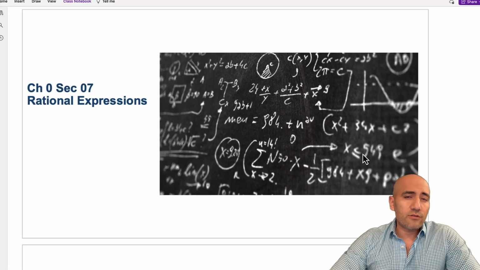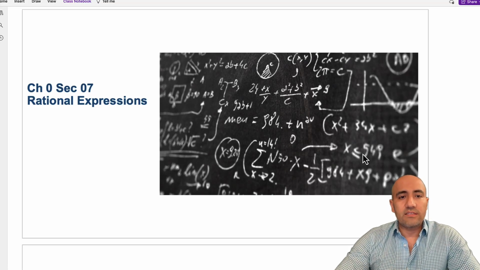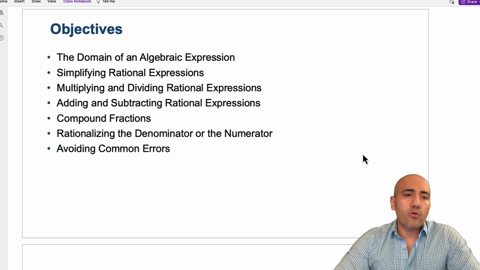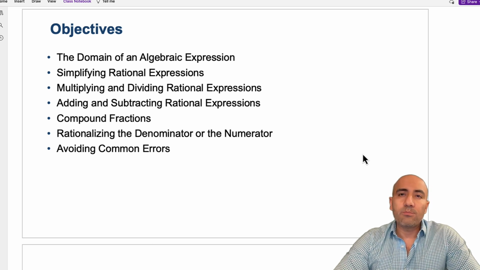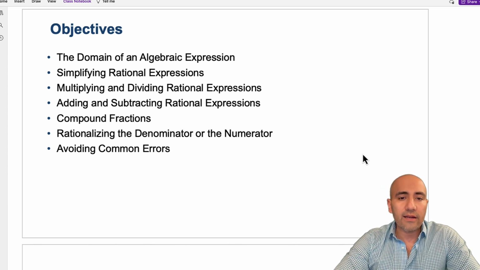Okay, Chapter 0, Section 7, Rational Expressions. In this section, we're going to cover the domain of an algebraic expression, simplifying rational expressions, multiplying and dividing rational expressions, adding and subtracting rational expressions, compound fractions, rationalizing the denominator or the numerator, and then avoiding some common